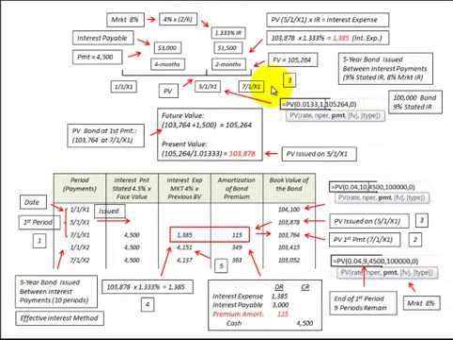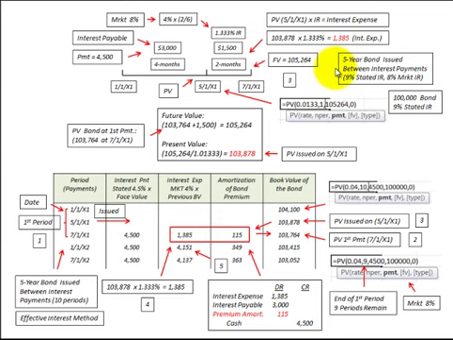In this presentation, we're going to look at a bond issued or sold between interest dates, and we're going to use the effective rate of interest method for amortizing the bond. So our example here is for a 5-year bond with a $100,000 face value, and it has 10 semi-annual payments